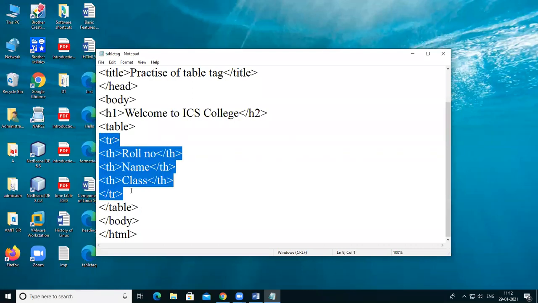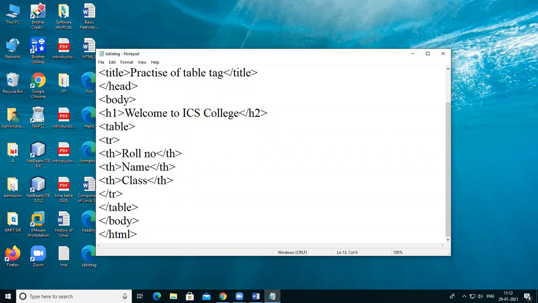So this is tr is open, tr is open. Tr is used for creating the row. Okay, and th tag is gives the heading. So in another tr tag, there is a need to add the data in the column. Okay, so I'm opening this tr tag and closing this tr tag.